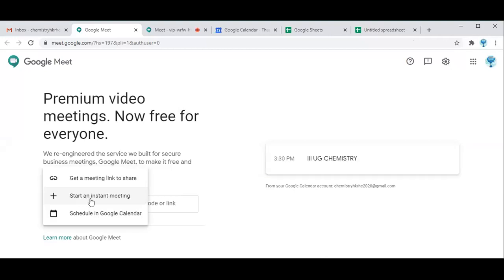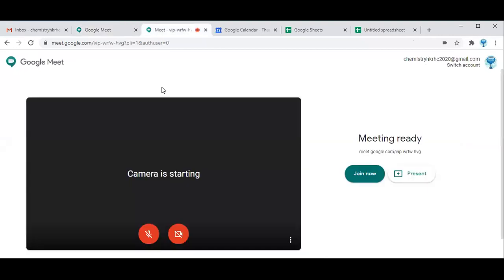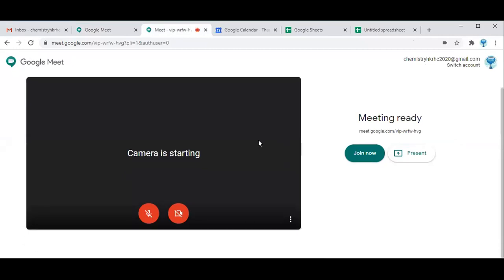Now clicking onto this button, Start an Instant Meeting, the window will appear like this. So if you want to mute your video, then you can turn off your camera and then click join now. But you can advise your students to turn off their audio and video while attending classes to avoid distractions.